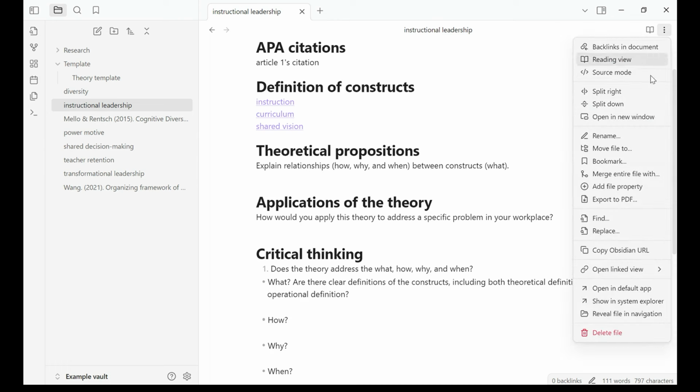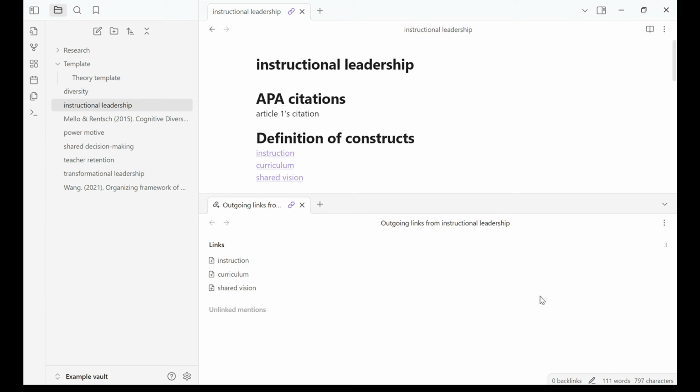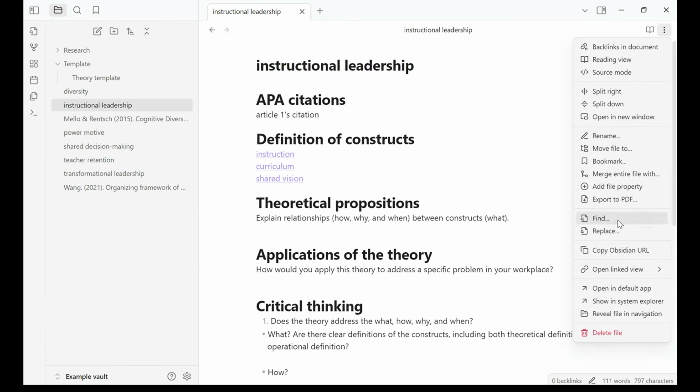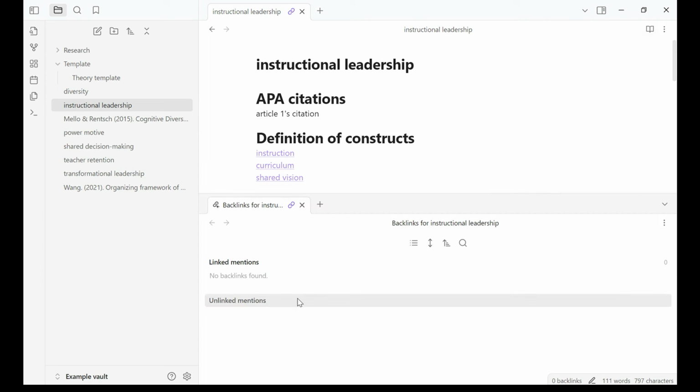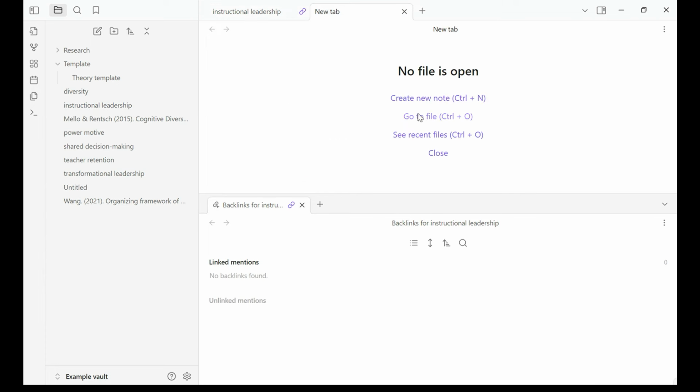Another thing I want to show you is under this open linked view, you can also look at the outgoing links. What are outgoing links? As the name suggests, this is one note, and these are other notes that link to instructional leadership. We can also look at backlinks. I don't think we have backlinks here, but if we create a new note or go to an existing file,